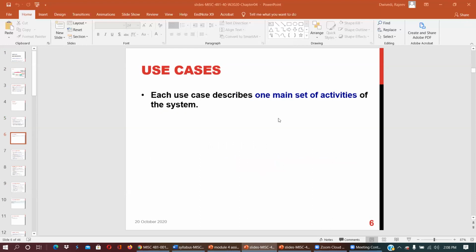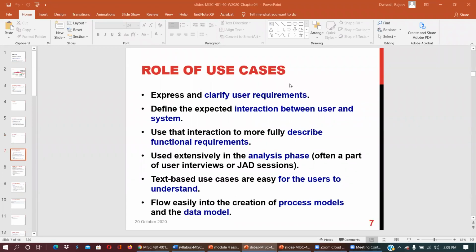Each use case covers one main set of activities of the system; you can go through the slides. What is the role of use cases? They clarify user requirements: what is the requirement of the user? The user can be an individual, an entity, or a system. They define the expected interaction between user and system, and use the interaction to more fully describe functional requirements.